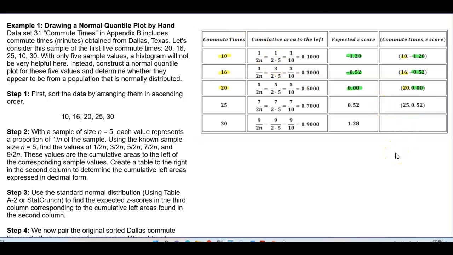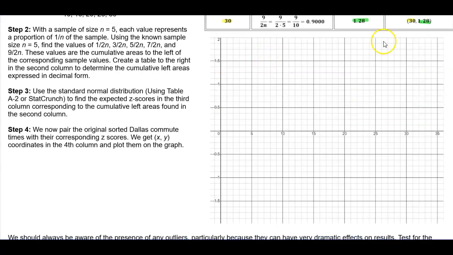The next ordered pair, we know that the value of the commute times is 25, which is x, and the z-score is 0.52. And then we have 30, which is the value for x, and the z-score that corresponds to that is 1.28. So now that we have our ordered pairs,